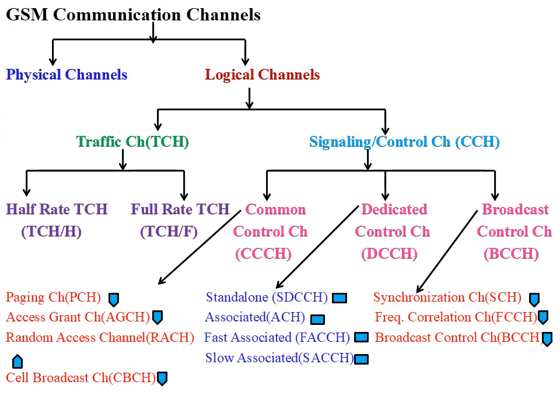First one, paging channel, PCH. For a call toward an MS, the BTS uses the paging channel for paging the appropriate mobile station. This channel provides paging signal from the base station to all mobile stations in a cell and notifies the specific mobile of an incoming call which originates from the PSTN. This is a downlink channel. Here downlink channels are shown with the help of a downlink arrow.